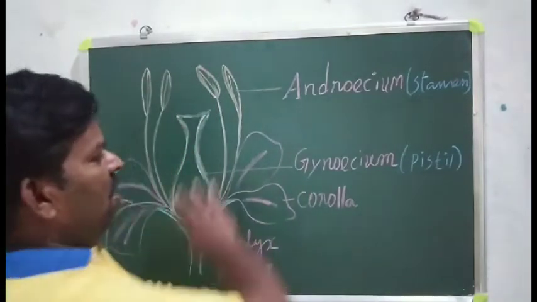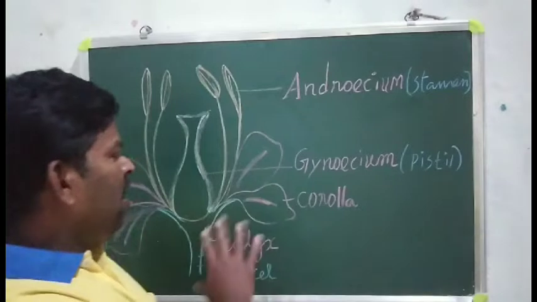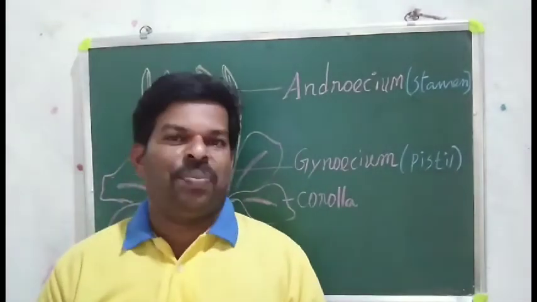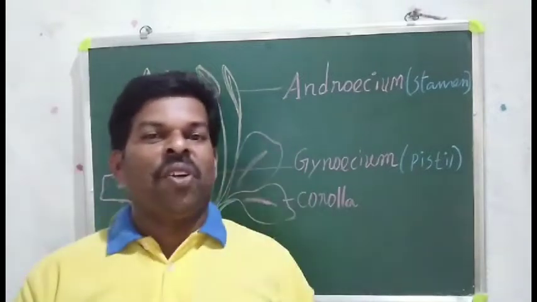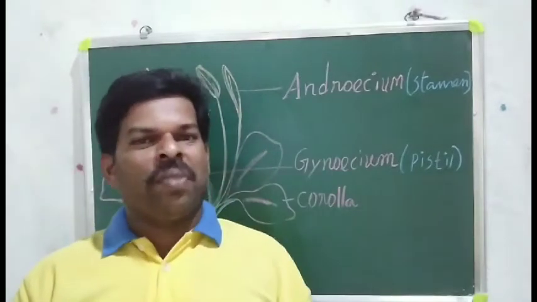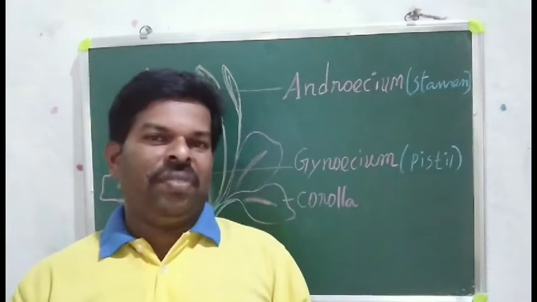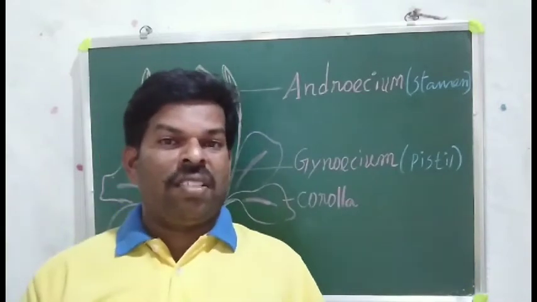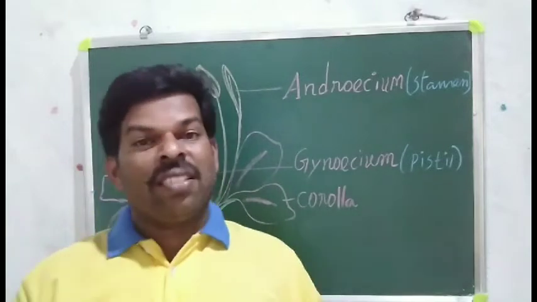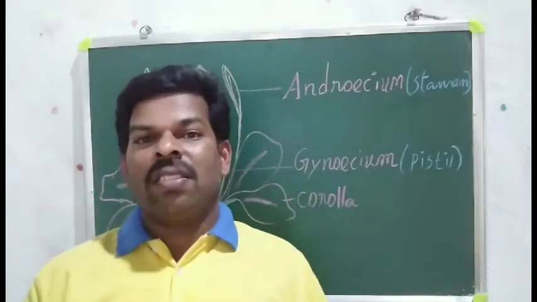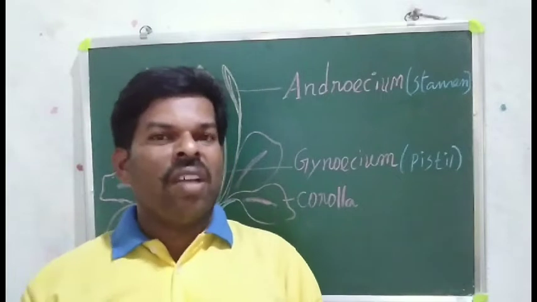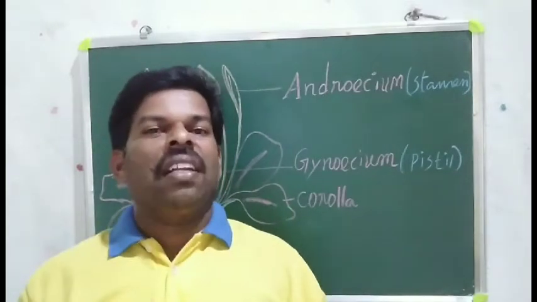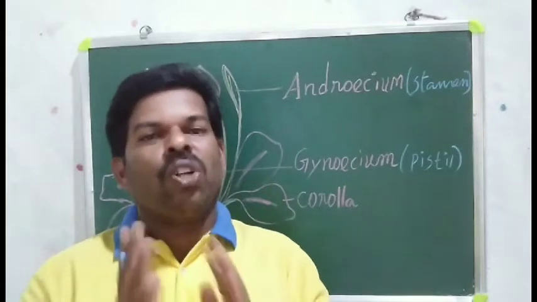Okay, see these flowers. A flower contains four parts. What are they? Calyx, corolla, androecium, gynoecium. Students ask teachers many questions. Which one is the male flower? Which one is the female flower? How can I understand bisexual flowers? What parts are in the flowers? If you don't know, I will clear your doubt.